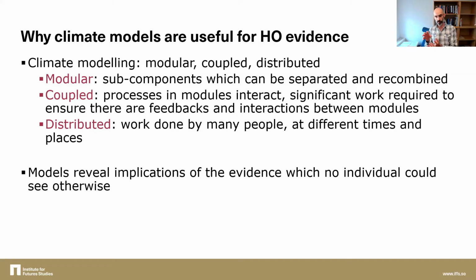So it's all very well to have a model of the ice and a model of the land and then put them together, but really the ice is on the land and they interact in important ways. Then you have to do a lot of work to couple the systems, ensure that the right feedbacks and interactions are there. And in fact, this work is done by a great many people at different times and places. If you count all the people who connected the data and all the people in all the modeling teams, we're talking hundreds of people. And so it's really not obvious what our evidence implies, nor is it obvious how we could make these inferences ourselves,